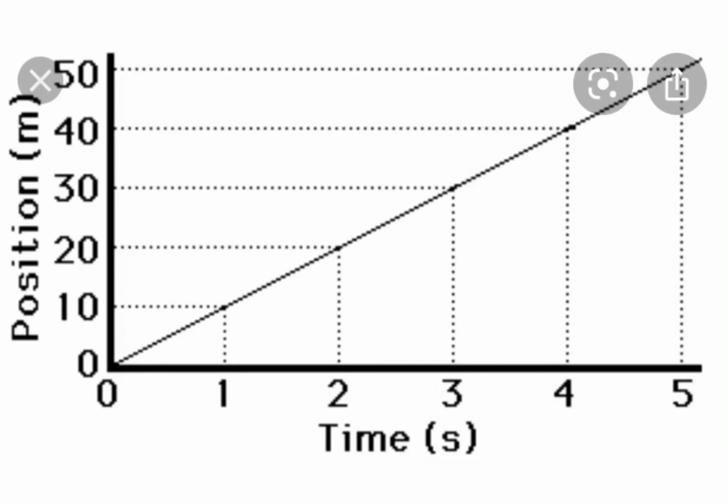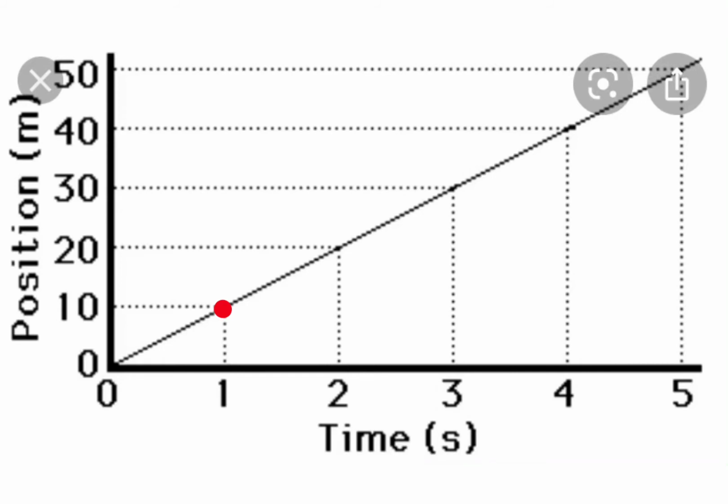In the same way, what are the values of position or distance given to us? 10, 20, 30, 40, right? So there should be equal space between 0 and 10, 10 and 20, 20 and 30 and so on. Now let us take the first observation. After 1 second the body is at 10 meter. So you have to draw a dashed line from 1 and a dashed line from 10, and where they meet you have to mark a point.